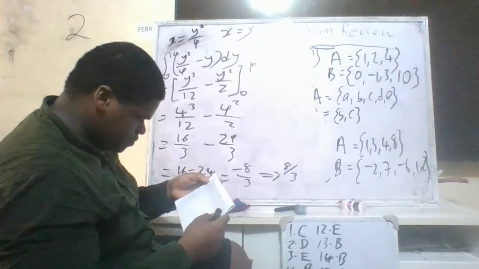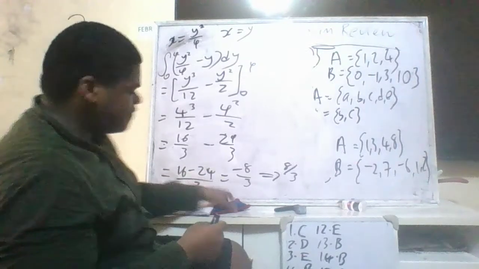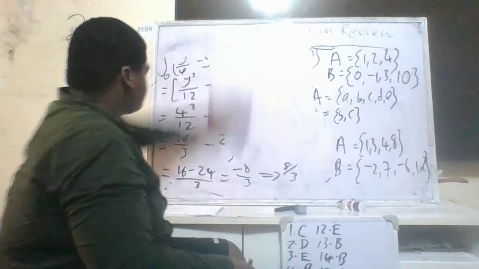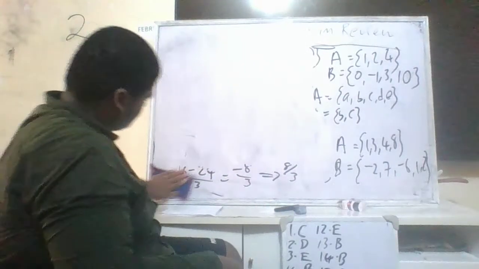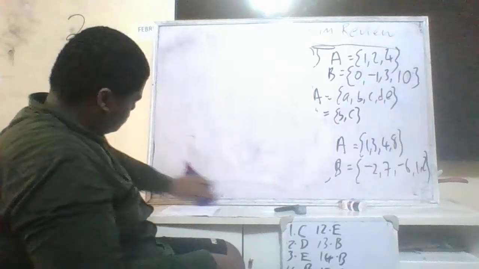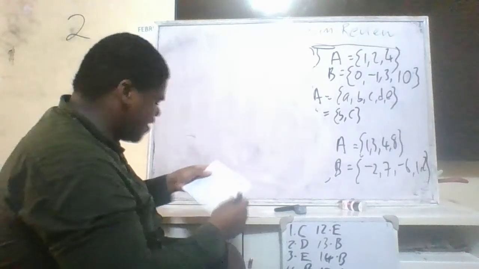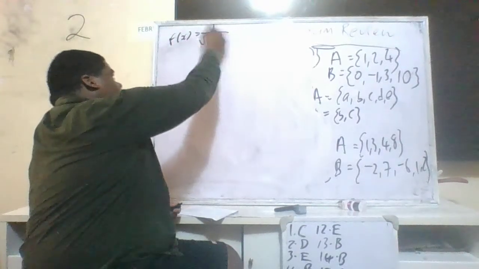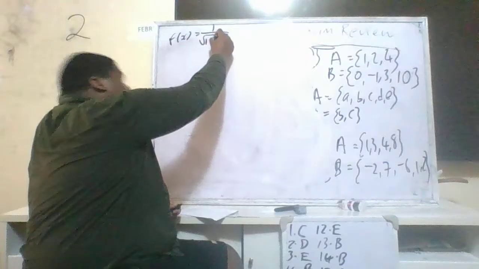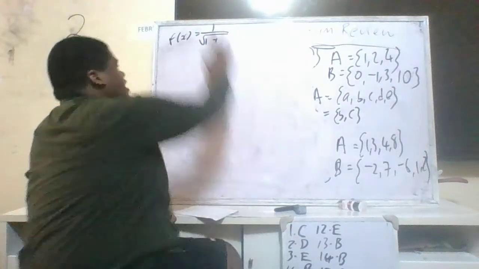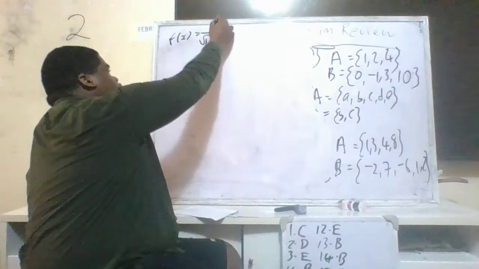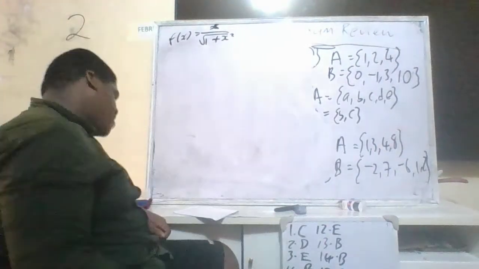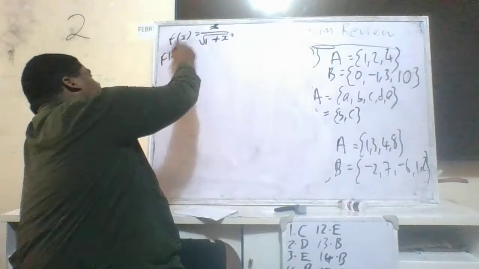Question 17 now. We have, if f of x is equal to x divided by the square root of 1 plus x squared, we should find